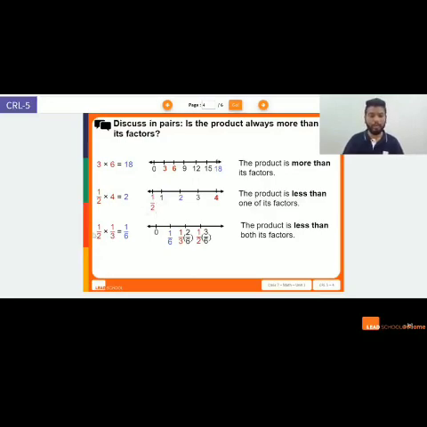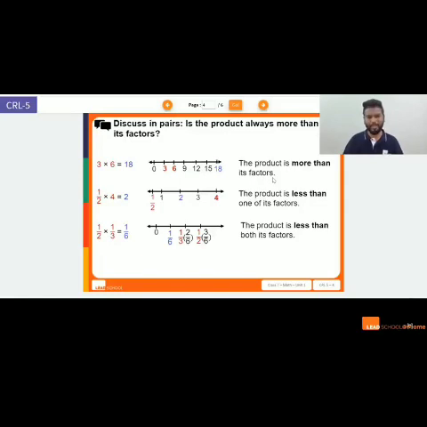Okay. Let's look at the third condition when both my factors are fractions. 0 to 1 obviously. My half is somewhere here. So I know my 1/3 is lesser than my half, it's here. When I multiply this, numerator into numerator is 1. 2 3s are 6. So 1/6 falls much lesser than here. So I know the product is less than both its factors.